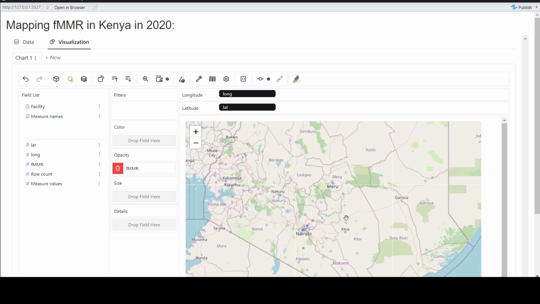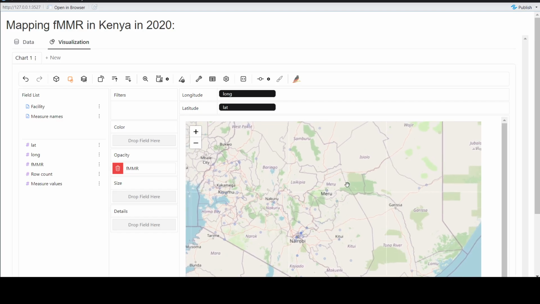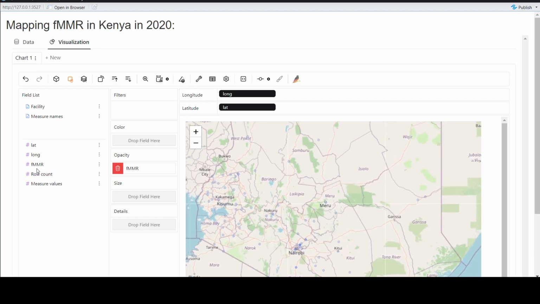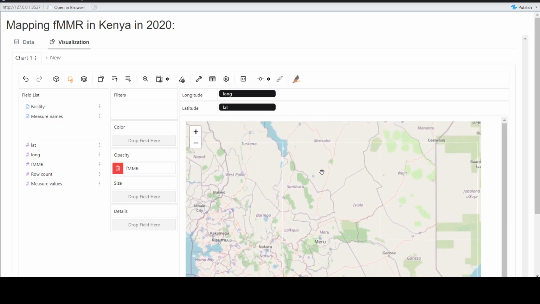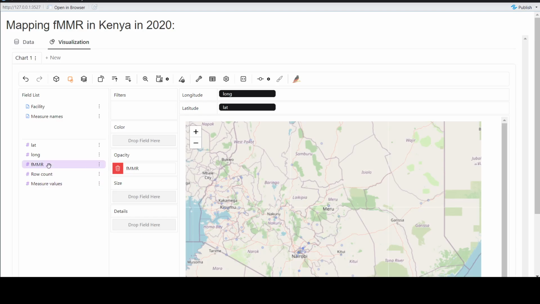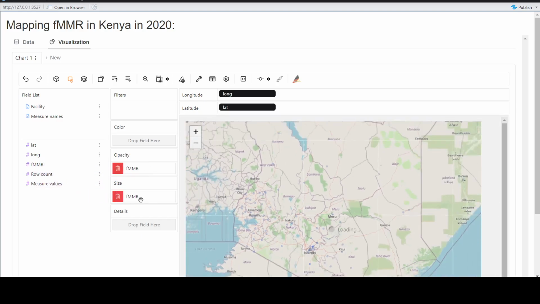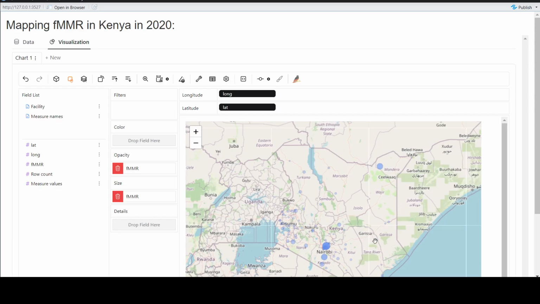And so another thing we can do is see the size, make the small bubbles bigger or smaller depending on the magnitude of FMMR. So we can put FMMR here in the size, and it shows you